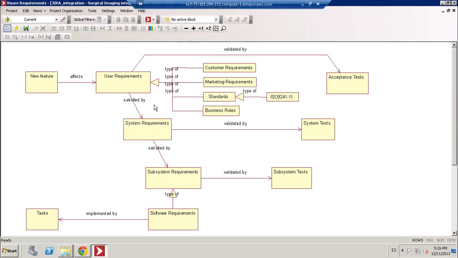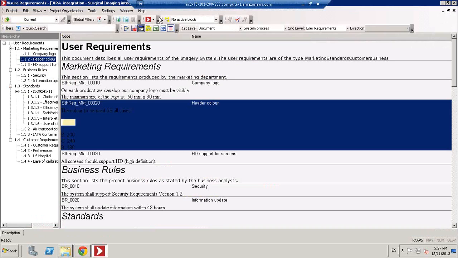The block diagrams in Visure are a graphical representation of our data model, so that, as you can see, these new features are coming from JIRA. They are automatically being imported in Visure, and I have just established this relationship to existing user requirements, or maybe new ones that I need to implement. This way I get the full traceability from the high-level new feature or change request to the corresponding specification, along with the test cases. Okay, so good. Let me go back to the